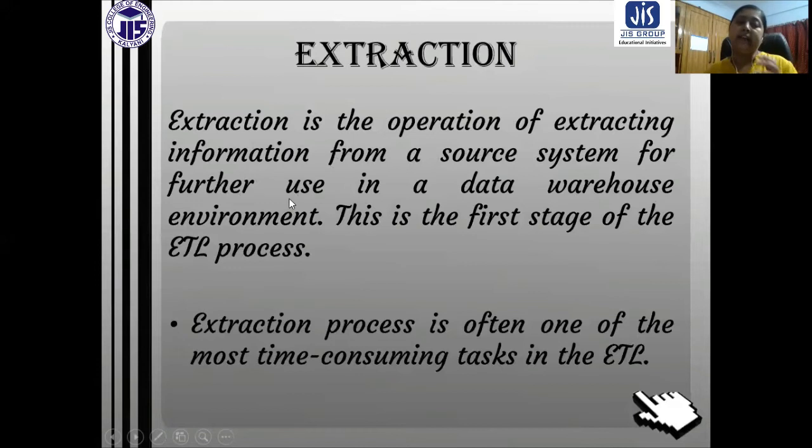That means the data is going to be extracted. This is the first stage of the ETL process and the most time consuming task. The extraction procedure is often one of the most time consuming tasks in the ETL.